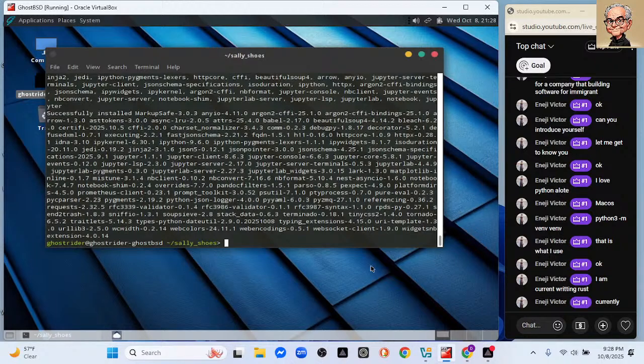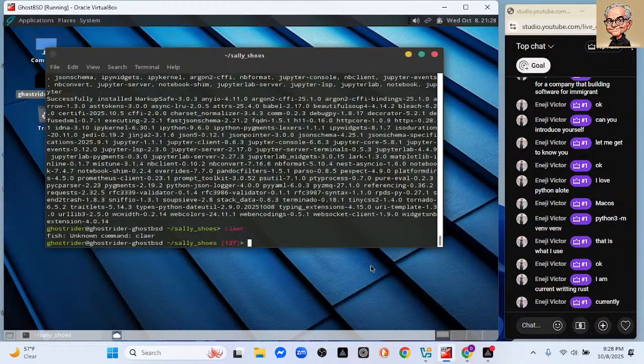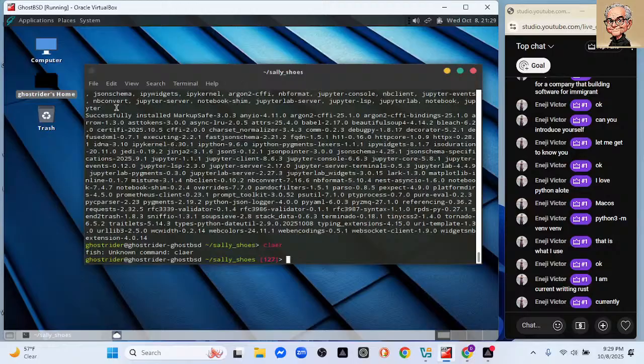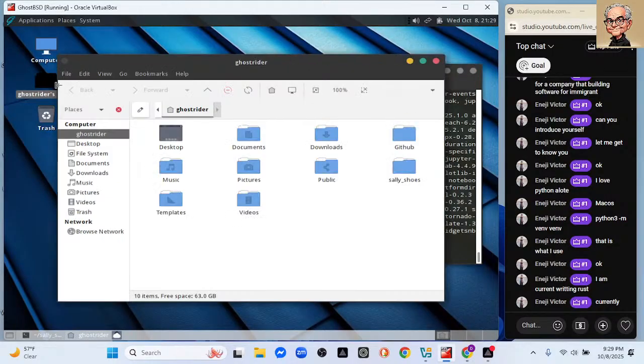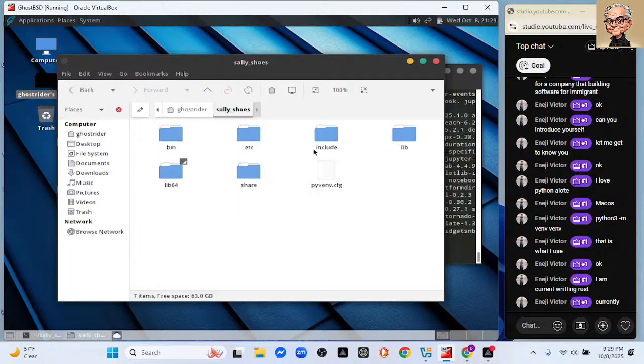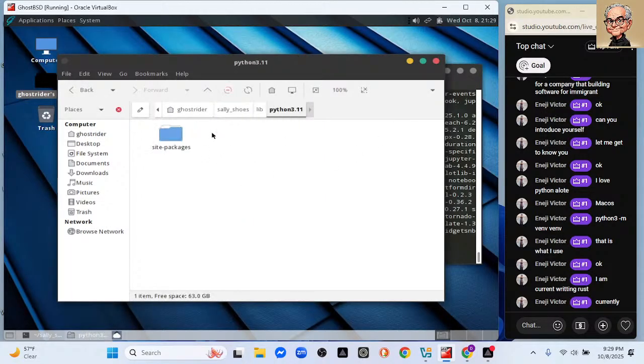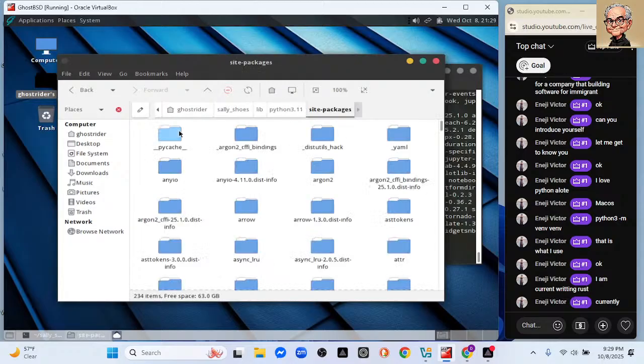So that's good news. Jupyter installed. Now, of course, you already realize what it took me a while to figure out is where it's actually put the packages I built. I finally figured out, as you know, they're under library and site packages. Okay,